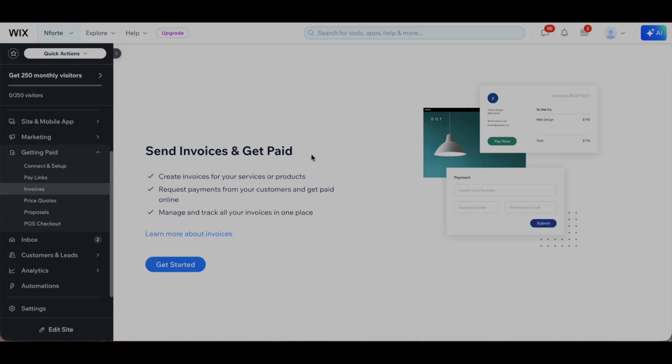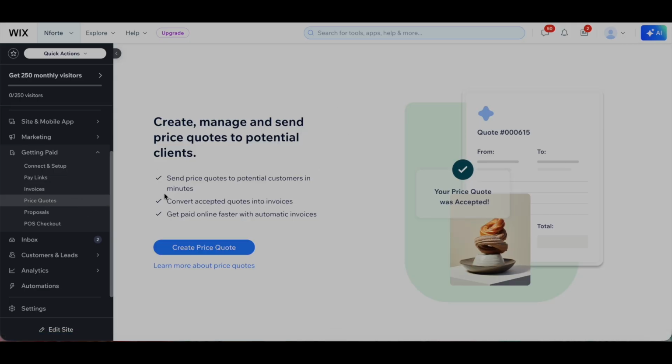Under Invoices, you're able to send invoices and get paid. You're able to create invoices for your services or products, request payments from your customers and get paid online, and manage and track all your invoices in one place. With Price Quotes, you're able to create, manage, and send price quotes to potential clients. You're able to send price quotes to potential customers in minutes, convert accepted quotes into invoices, and get paid online